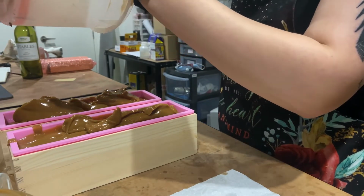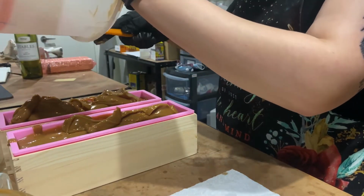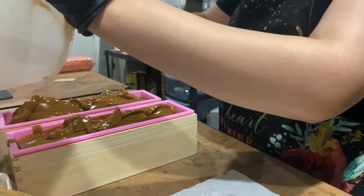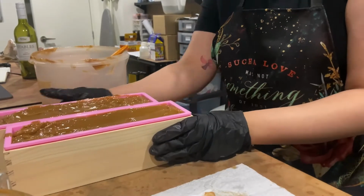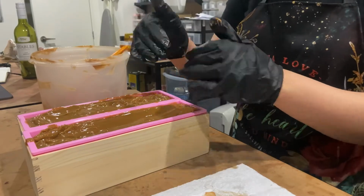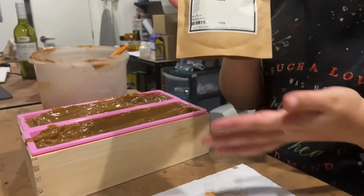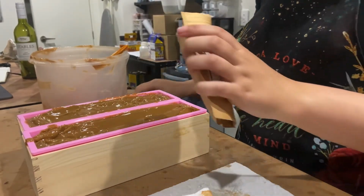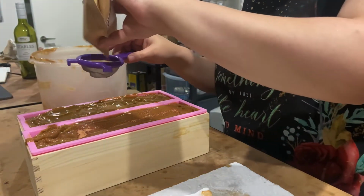And I think I'm going to do a little bit of clay on top to make the top a bit more interesting before I then drag. So quickly grab a shaker, and put some clay on top. This is the clay I used for the accent colour. Hopefully it shows through. It's Brazilian rose clay. So I'm just going to put a tiny bit in here, a little bit, so I can add some colour